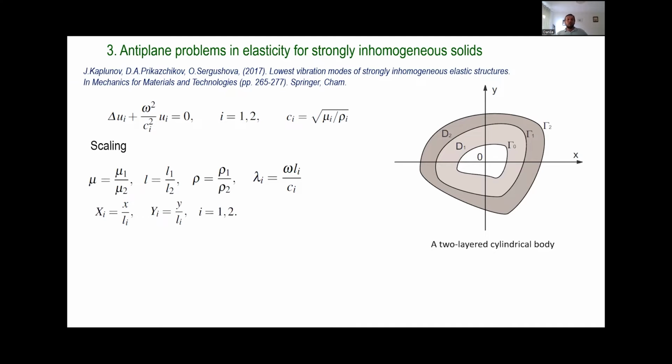Okay, so immediately we would want to introduce the scaling, which would be similar to the one that we have seen previously for the rods. So we would want to have a ratio of shear moduli, which would be acting similarly to what we've had before for the ratio of Young's modulus. So it will be essentially the ratio of stiffness, and then we have a ratio of